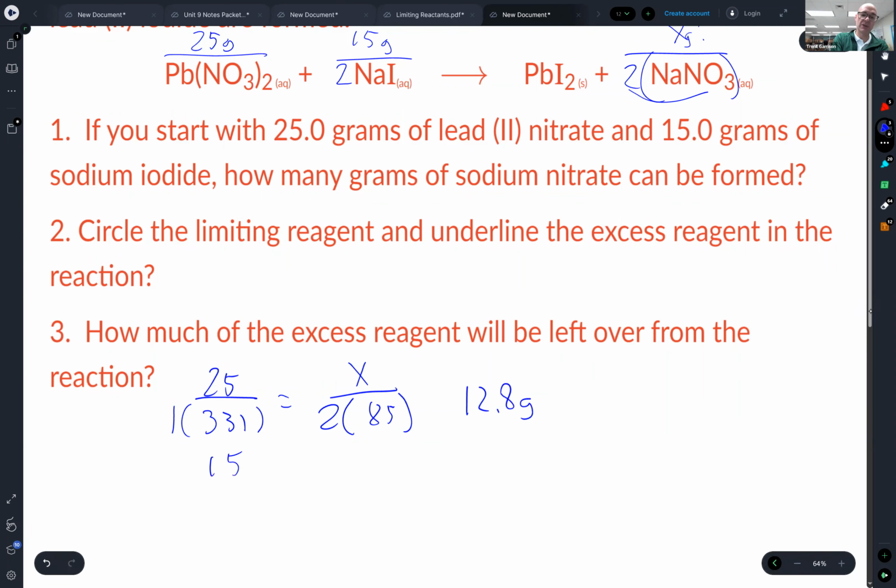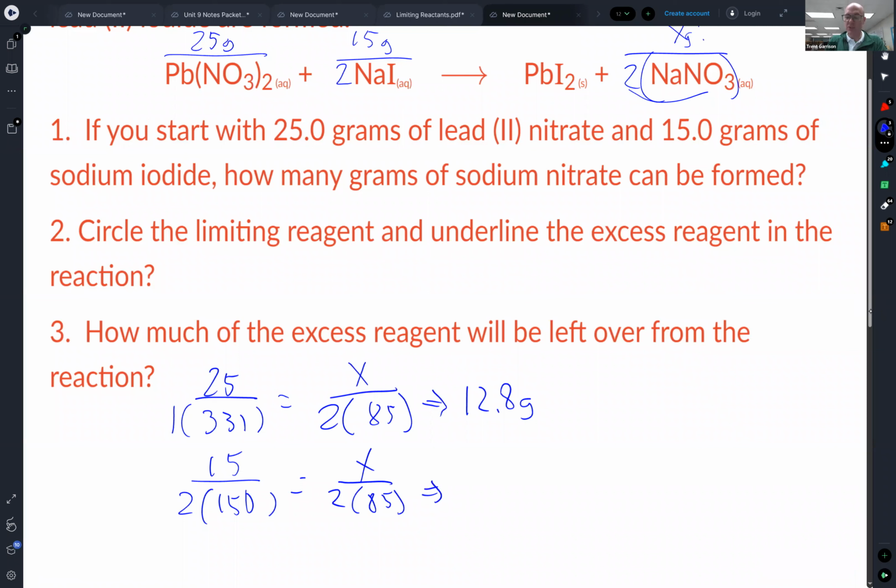Well, now we have to do it for the other one to figure out which one is our limiting reactant, our lowest amount of the product produced. Our iodine has a weight of 127. So 23 for the sodium and 127 for the iodine gives me a total weight of 150, equal to the same exact values underneath on the right. So I'm going to have 15 times 2 times 85 divided by 2 divided by 150, and I get